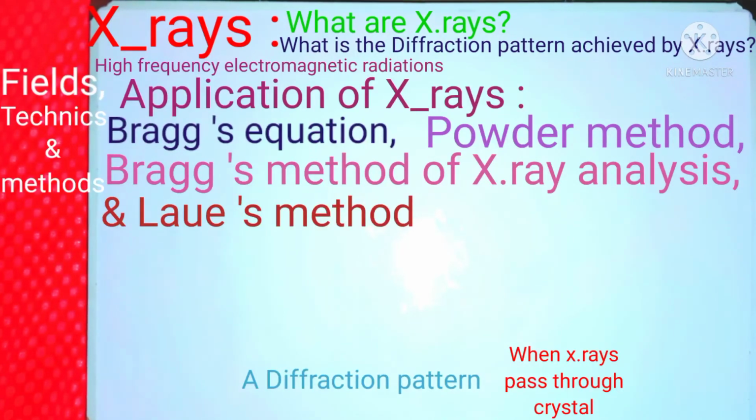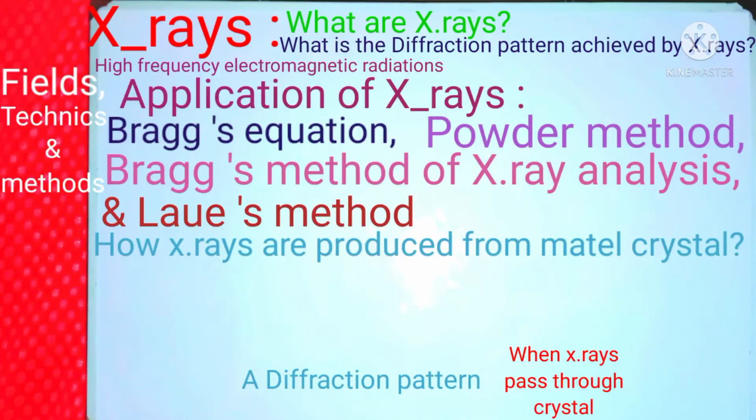So students, it was an introductory video about X-rays. In this video, it has been clearly explained how X-rays are produced from a metal atom. That was explaining about the basic synthesis method of X-rays and how these are hit to a crystal structure. All those examples that are explained here, such as Bragg's equation, Bragg's method of X-ray analysis, powder method, as well as Laue method,